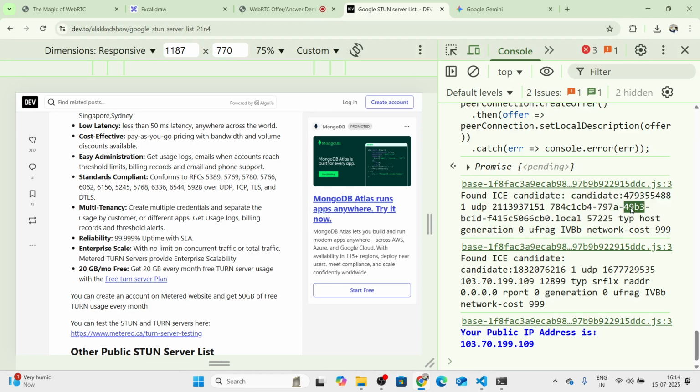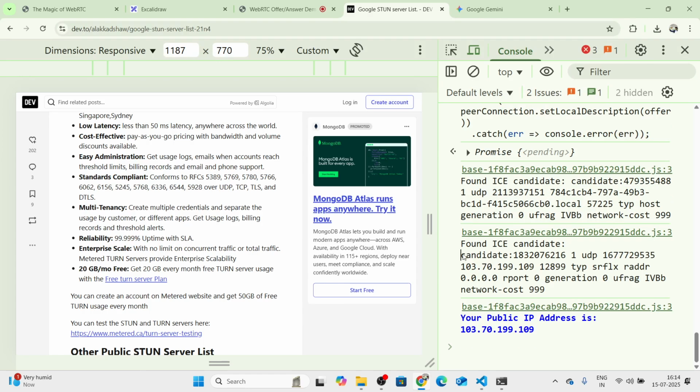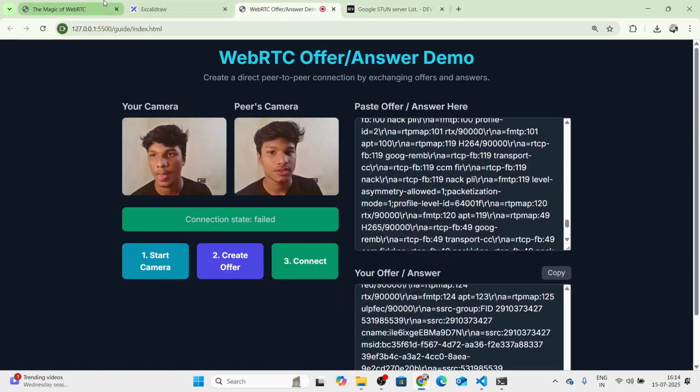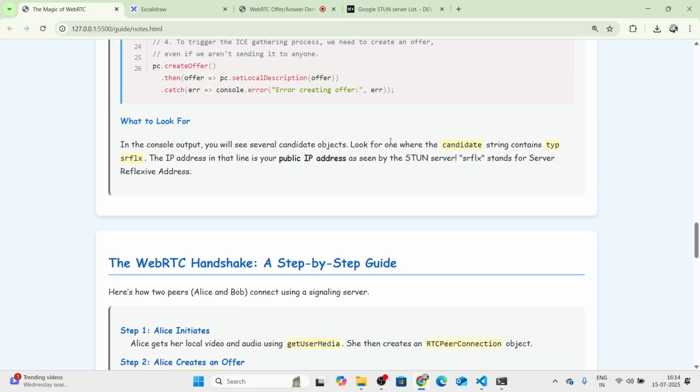And this one is the ID and the local and type like that. And here we get that public IP address. This is another candidate ID we use with the UDP method, and we got the public IP and the port that we are using to get the data on the public internet. This is our device public IP address, and this is the public IP with the port number. We got this one, and after getting this, we got the public IP